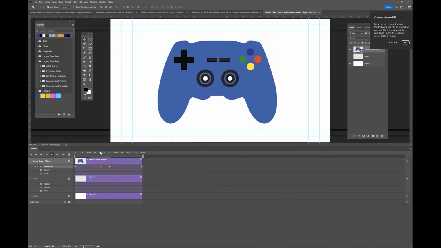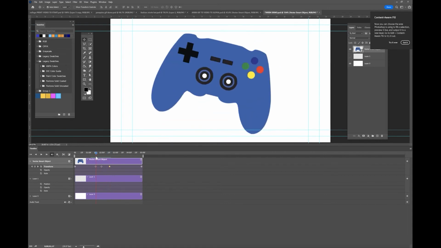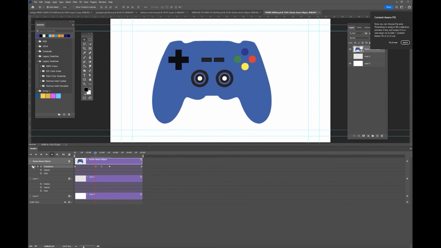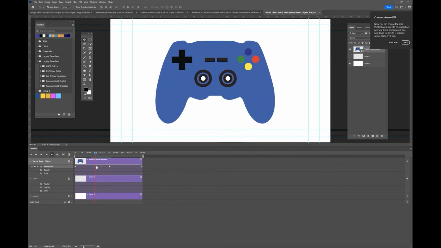So you see, that gives you a full rotation. So again, let's repeat this. Back to the keyframe. Lock it in. Lock it in twice, so it's a pause. If you want a rotation,